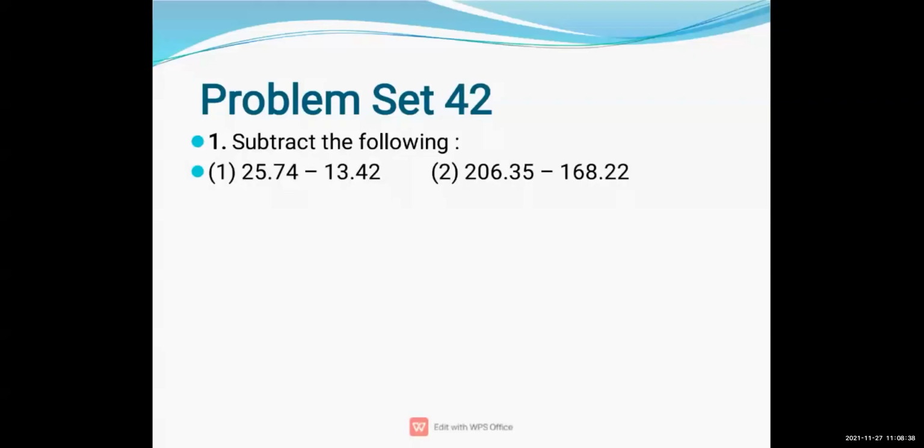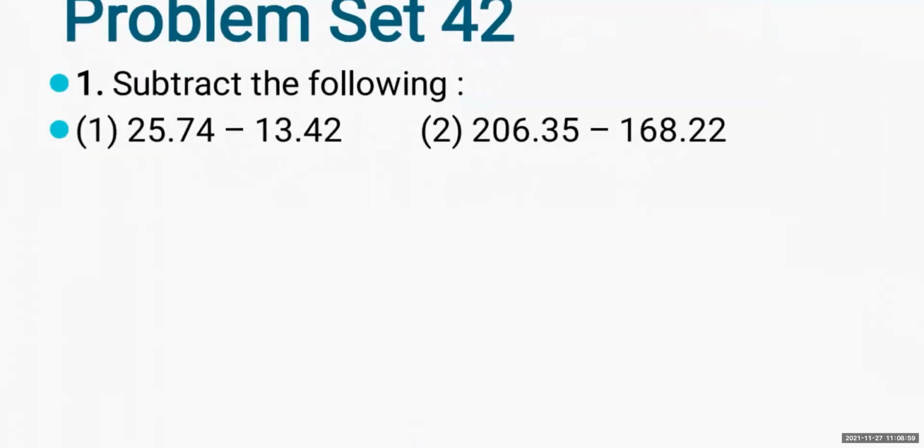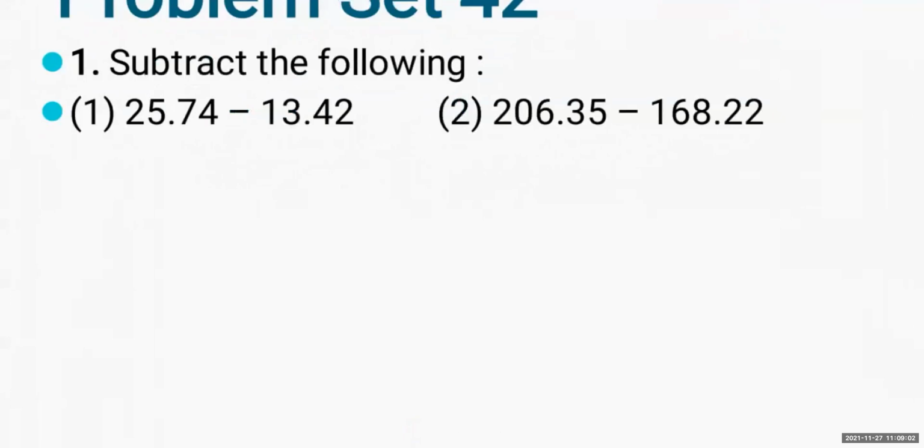Okay. So here, now this is the last part of our chapter number 9. Now the last problem set is 42. See, previously we have done addition. Now here we have to do subtraction. Steps are the same. Only instead of plus, what do we have to do now? Minus. Clear? Chalo. Now we'll start with the sum. I'll write the questions and you will do the subtraction. I am not going to do the subtraction. You have to do it.